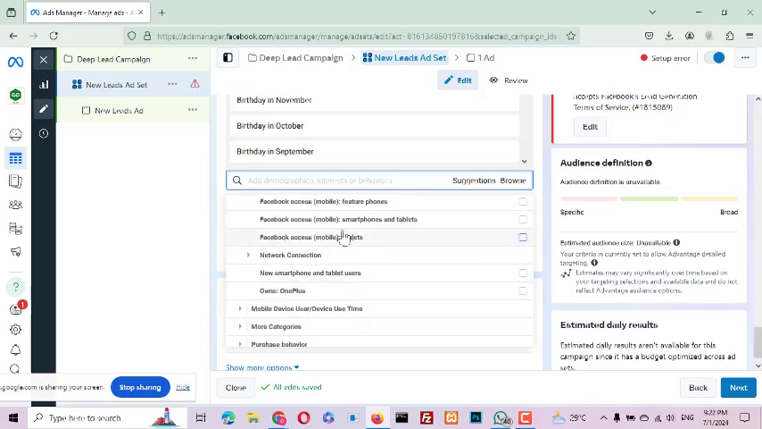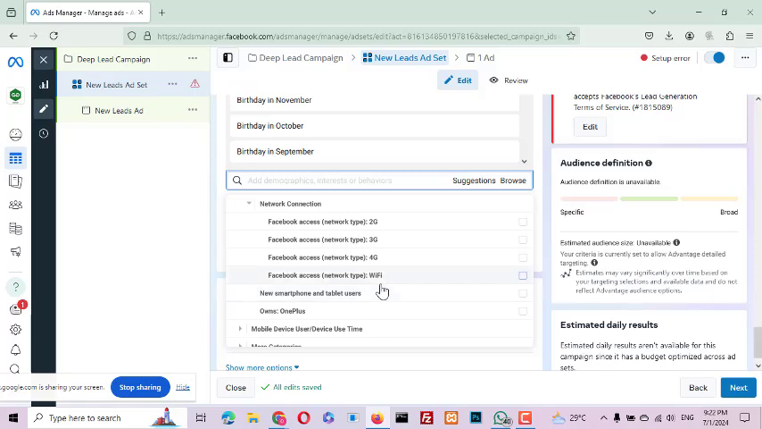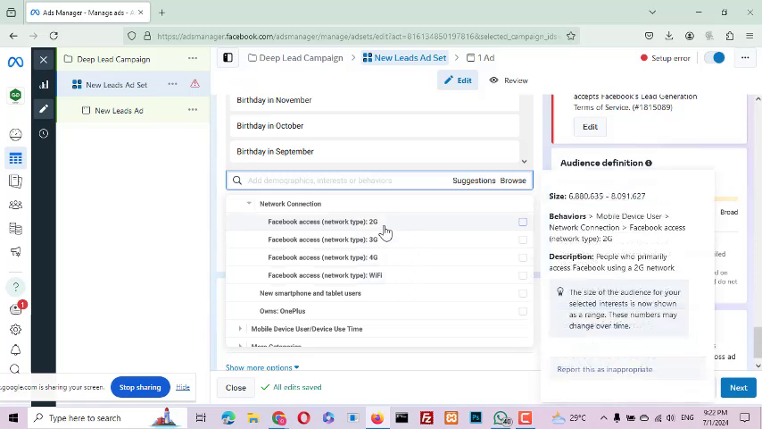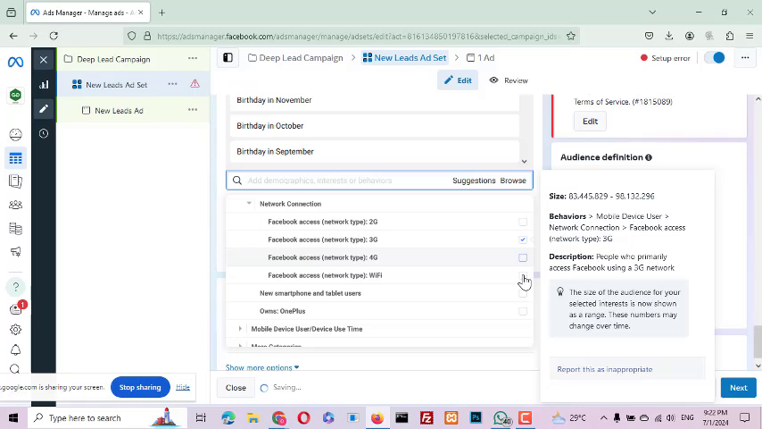Don't pick 3G. Well, 3G, you can start on 3G, 4G, and Wi-Fi. Nobody is using 2G any longer. New smartphone and tablet, somebody who just bought a smartphone. So pick it. So OnePlus, pick it. Mobile device